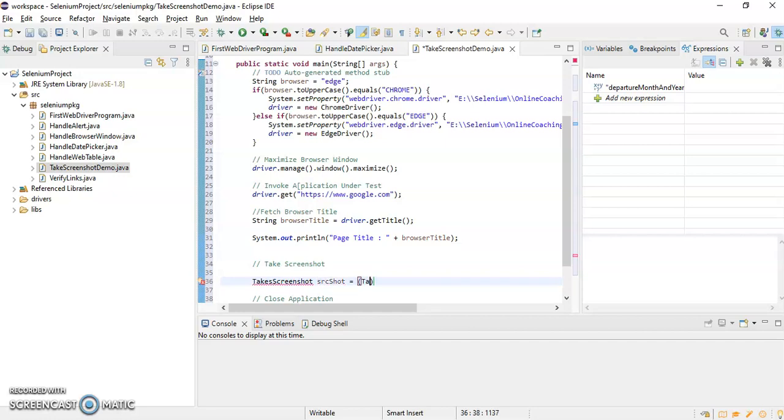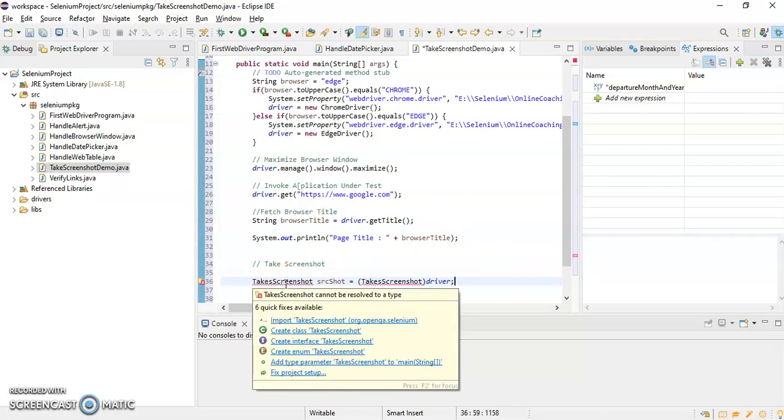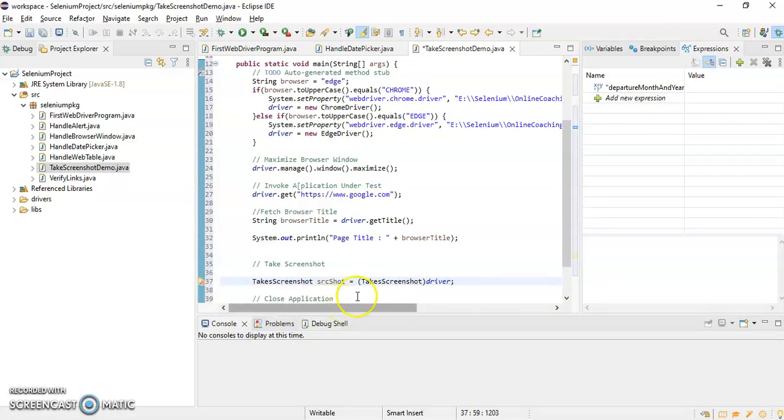Then I'll write TakesScreenshot and driver. If I mouse over, I get the option to import this interface, which comes from the org.openqa.selenium package. And here I have done typecasting as well.